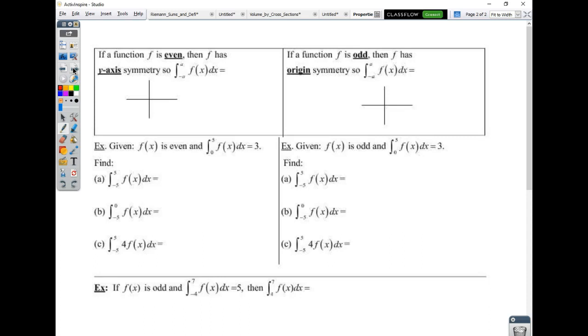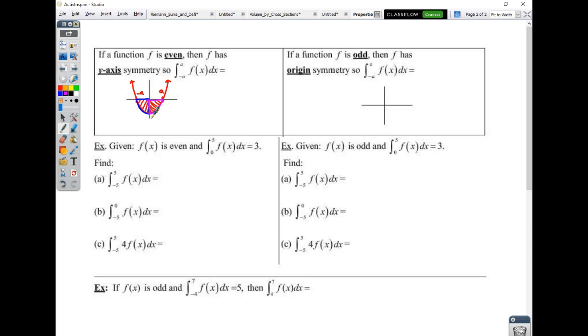So if a function f is even, then f has y-axis symmetry. So if we think about that, any parabola that has a vertex on the y-axis is an even function. So if I have a function that's even, and if I want to find the area between negative a and a, one of the things we should realize is that this side and this side